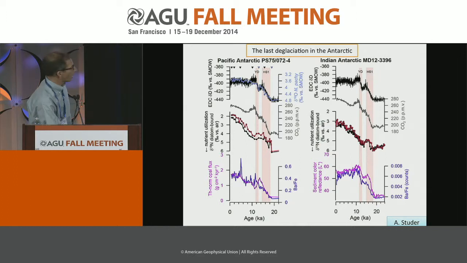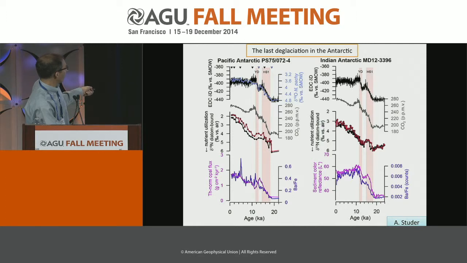Now, I want to end up by talking about how these things unwind in the deglaciation. We have less information about this right now, but I'm going to show you some of the things we have. We're going to talk about the deglaciation in Antarctica. So the data on the left here are what I've already shown you, but now just blowing up in the last 22,000 years. We have, again, these same ice core records up above. Down here, we've got the reconstruction of export production change. And here are the delta N15 data, again,